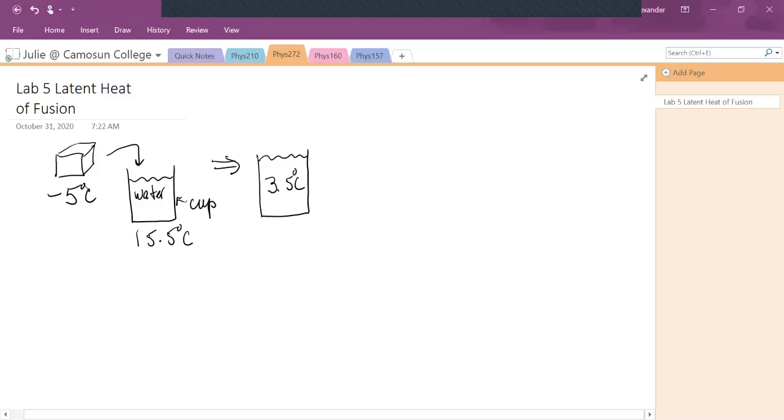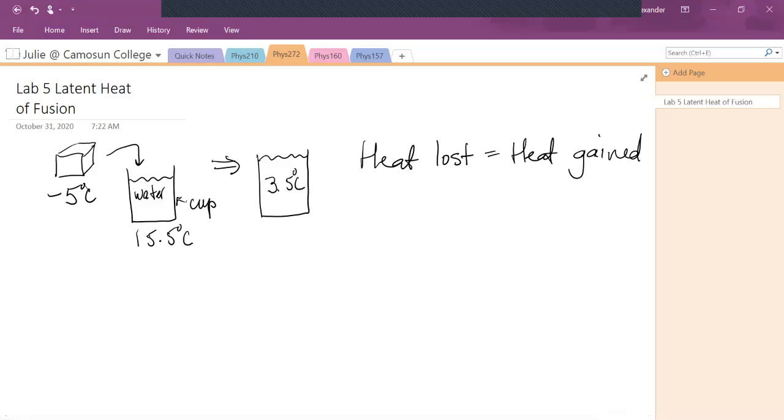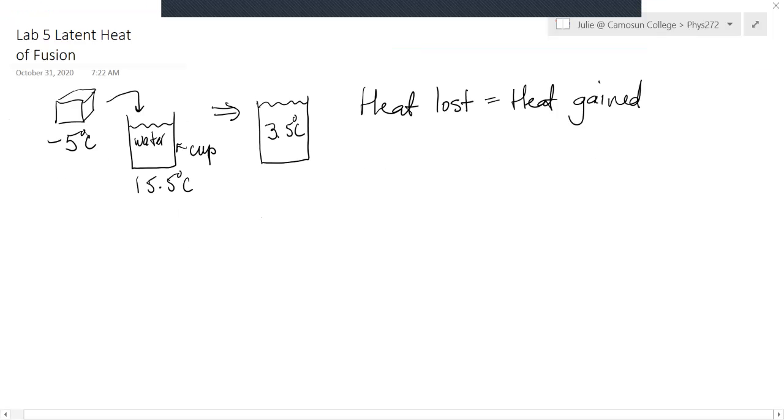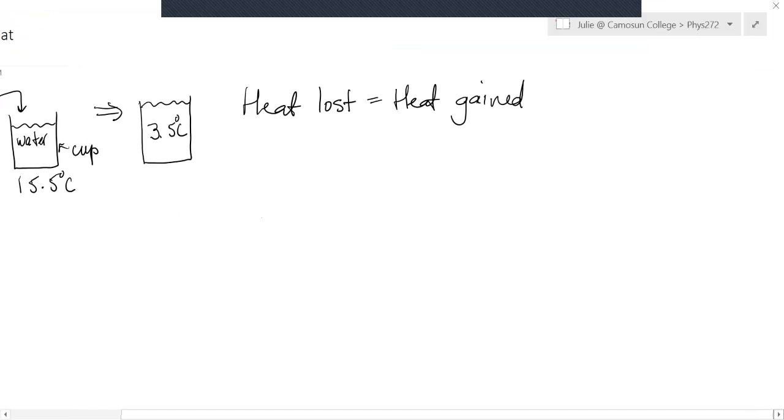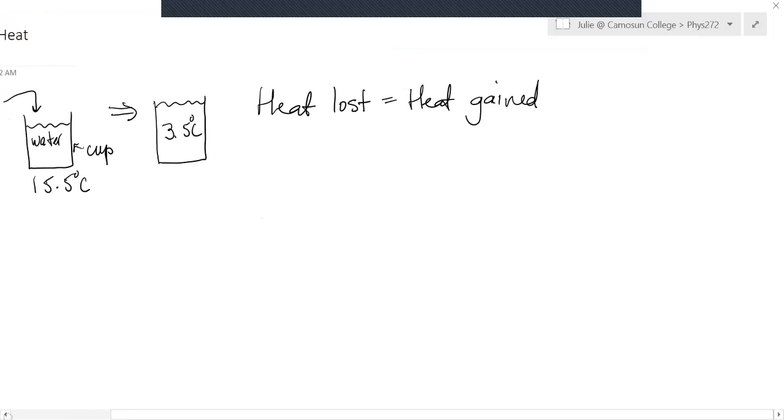So it's a case of heat lost by the cup and the water must equal the heat gained by the ice. I like to use all positive numbers. As long as you balance heat lost to heat gained, you should be okay. So the thing you should be aware of is that